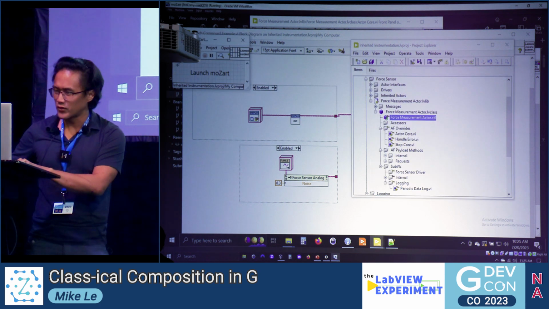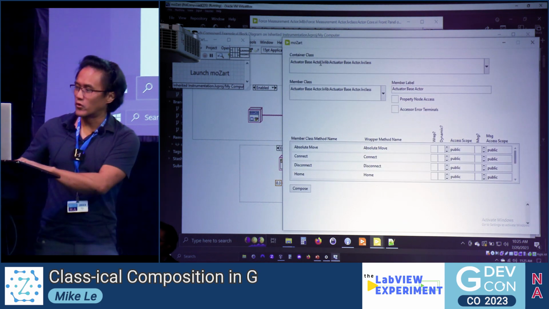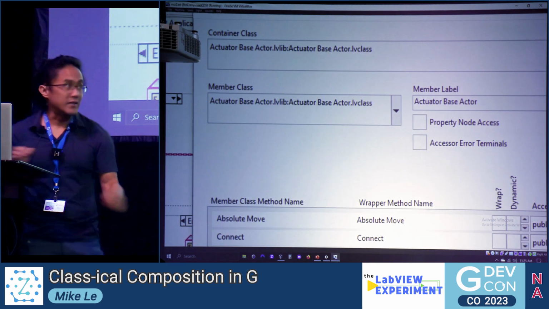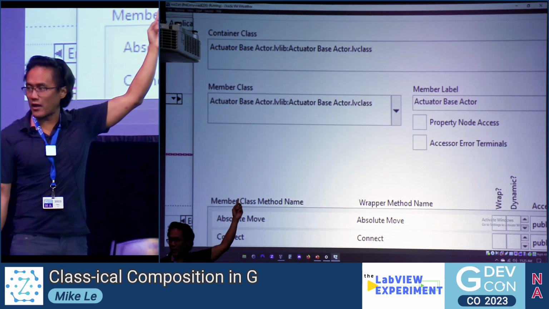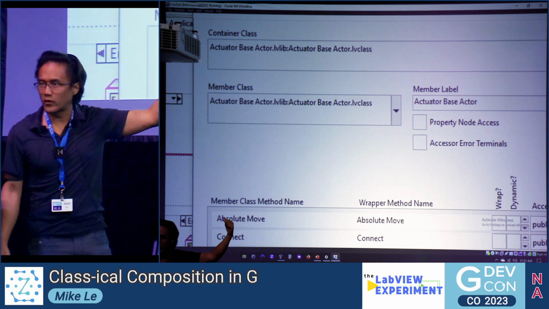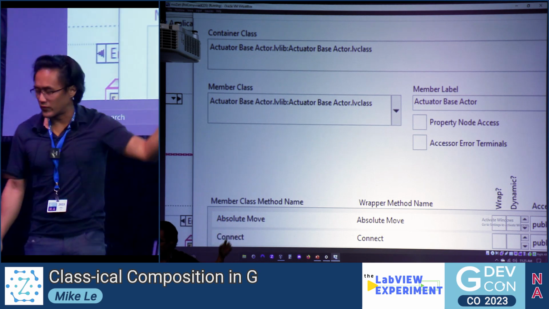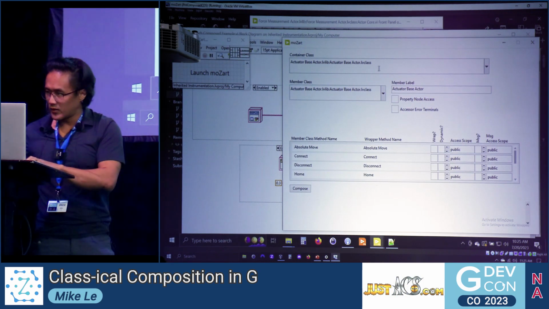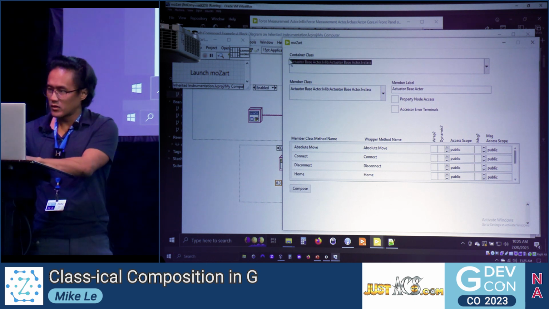Okay, so launch moZart. You can see here that I'm going to define the containing class, define the member class, and give a label to the member class that I want to add. There are some other features here, but let's do this.